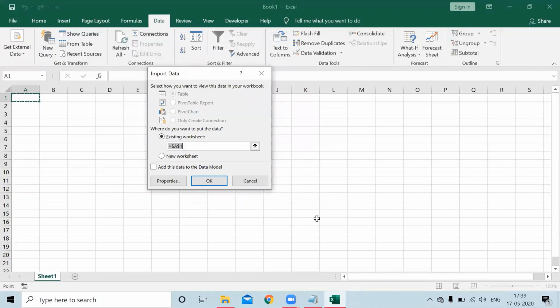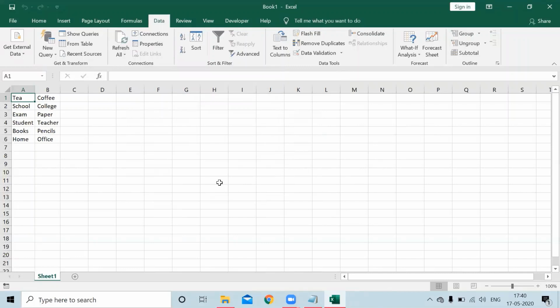Now the Excel is asking me where exactly do I want to extract the data, whether on this working sheet itself or a new worksheet. I would like to extract my data in this worksheet itself. Now we need to specify the location, whether at A1 or any other cell. To change the cell reference, we can do this by simply clicking on the cell in which we want to extract the data. As you can see, the cell reference is automatically being changed over here. But right now, I would like to extract at A1 itself. So I click on A1 and then I press OK. As you can see, my data is extracted over here.